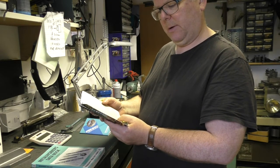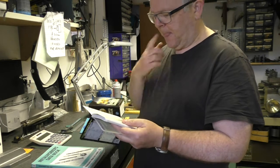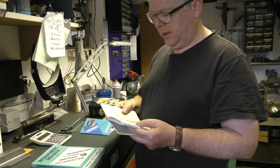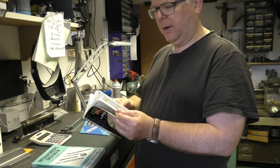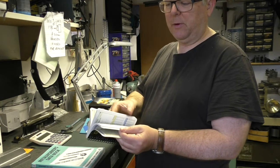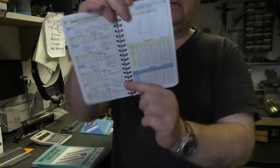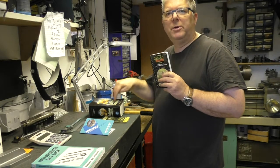I'm not that quick at reading, but actually there's an index, which is another good thing. So I can go in here. There is an index in there, but boy, that's pretty tricky. You can go in here and you can look there, T-slots, page 79, pretty quick too, and you can flick through it with your thumb, which you can't do with that thing. Page 79, T-slots. So this is probably got the lion's share of what I would use in that book, in